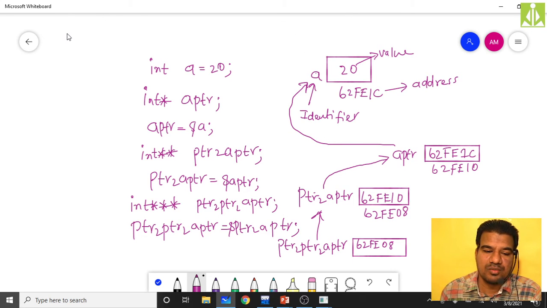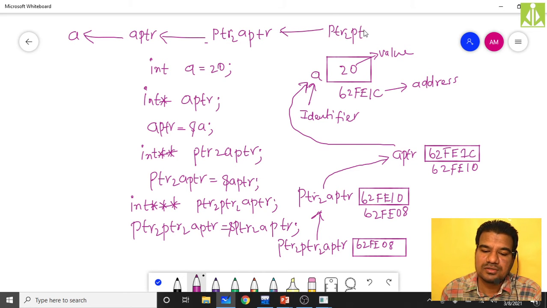So what we have done over here: first we declared variable a. That variable a's address we stored into APTR, and this address we stored into PTR2 APTR, and this address we stored into PTR2 PTR2 APTR.